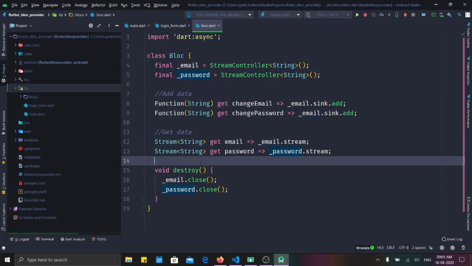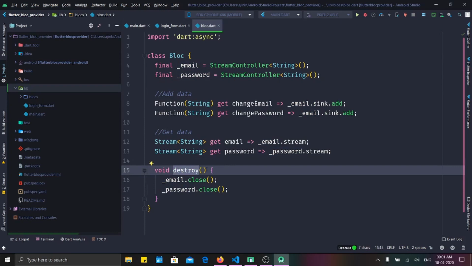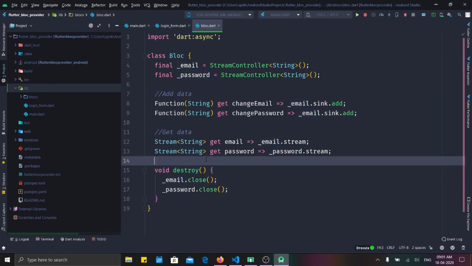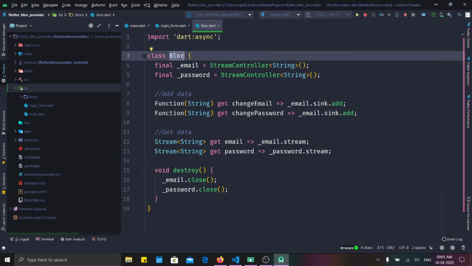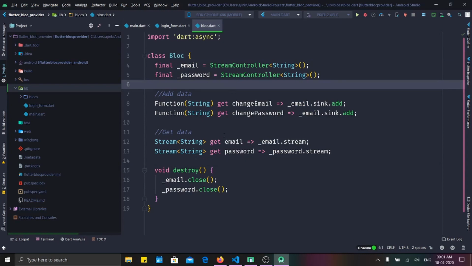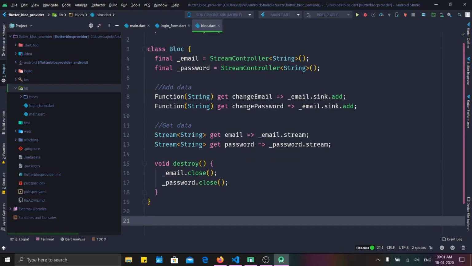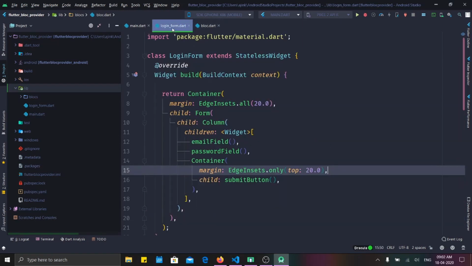All right, so this can be named anything, ABCD, but it needs to have a function close. That is what it was saying. So far we have a simple block pattern ready. Either you can declare it globally like this over here. So I'm just going to say final, I'll call it block is equal to new Block, and you can access it over here in the form